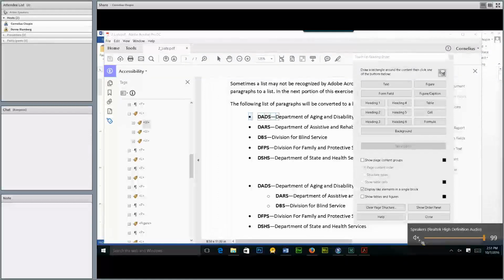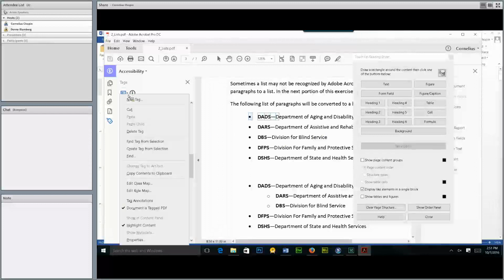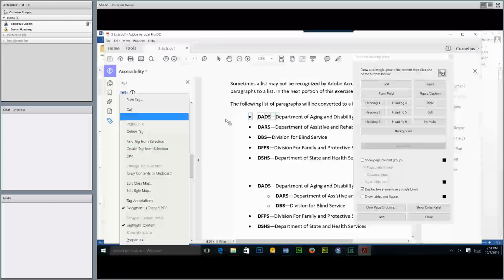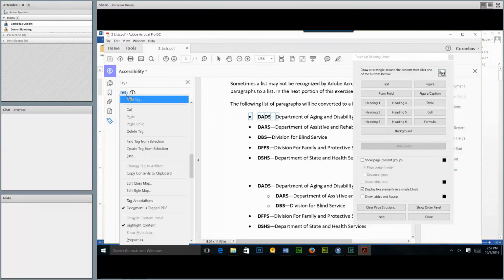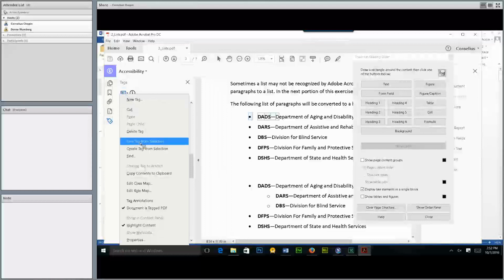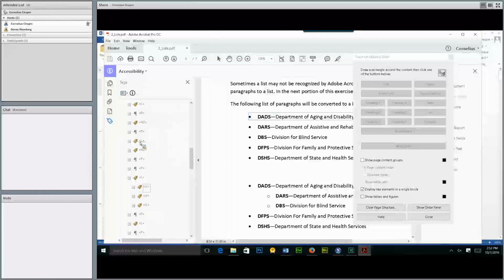Anyway, I had that selected, so what I'm going to do is go here and select Find Tags from Selection. This is the options panel right here. If you hover over it, yeah, it says Options. Select that Options button, and then select Find Tags from Selection, because I got a selection, so I want, hey, find me the tag from that selection. When I click on it, it's going to take me right to that spot without much fuss, and now